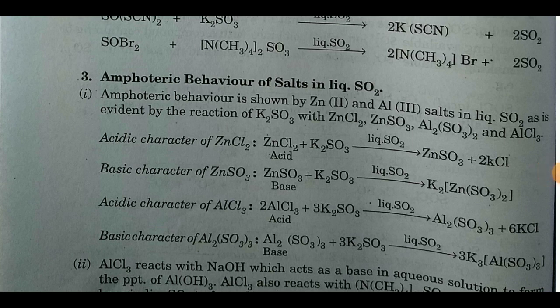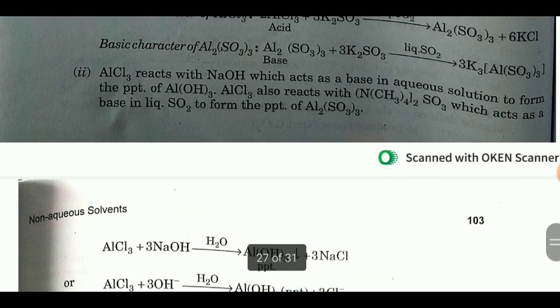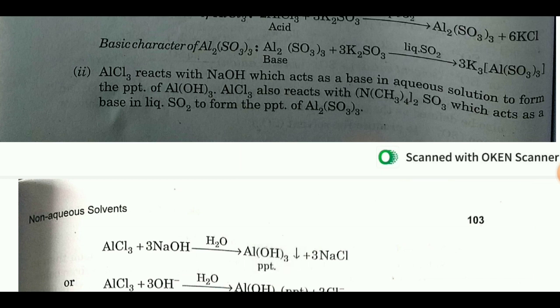Third, amphoteric behavior of salts in liquid SO2. First, amphoteric behavior is shown by Zn2+ and Al3+ salts in liquid SO2, as is evident from the reaction of K2SO3 with ZnCl2 to give ZnSO3, and with AlCl3 to give Al2(SO3)3. Second, AlCl3 reacts with NaOH, which acts as a base in aqueous solution, to form the precipitate of Al(OH)3. AlCl3 also reacts with [N(CH3)4]2SO3, which acts as a base in liquid SO2,